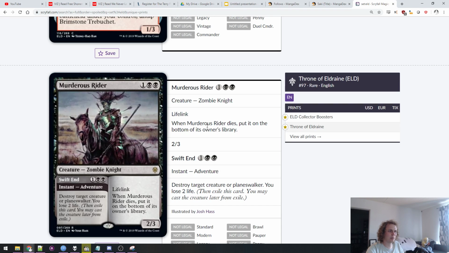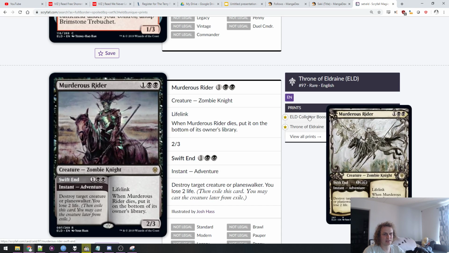And then later, you can play a 2/3 lifelinker. It dies, put on the bottom of its opponent's library. That's not great, really. It's probably a lot more useful to be in your graveyard than in the bottom of your library. But still, 2/3 lifelink. Yeah, this is strong. This is the first one where the adventure is very strong on its own for its cost. And then the fact that you get the knight on top of it later is just such a...